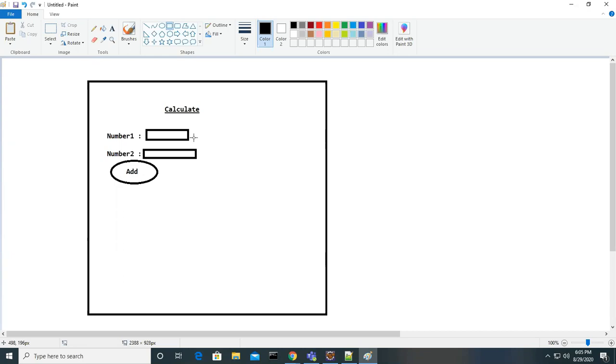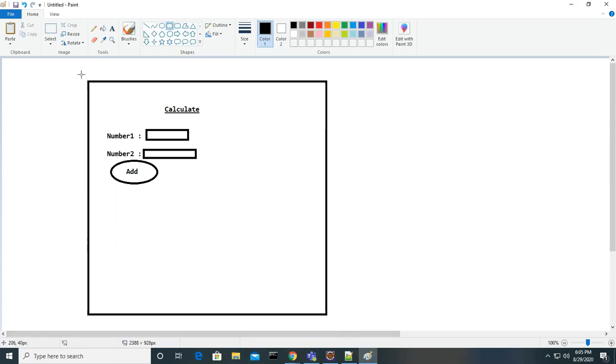For every example, the flow will be the same. The only thing is, in this example you are doing just the addition of two numbers. In some other example you might have to do many other operations. That's the only logic you have to implement at the Java level, but the architecture and flow you can understand here. This is my requirement.